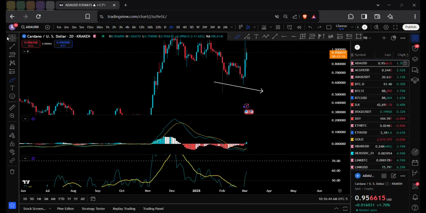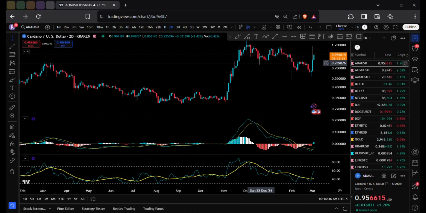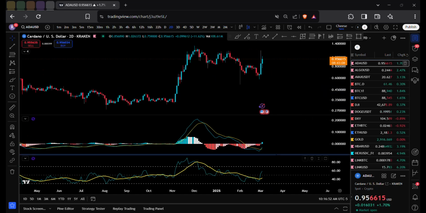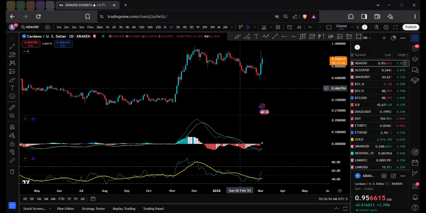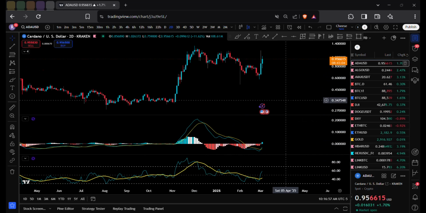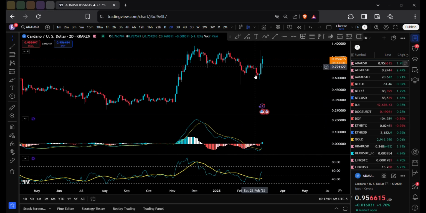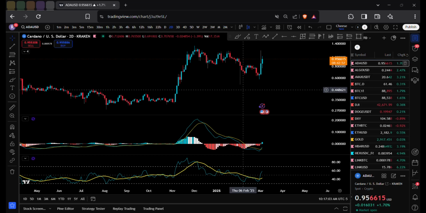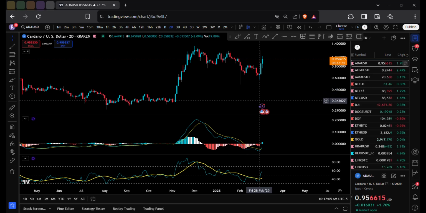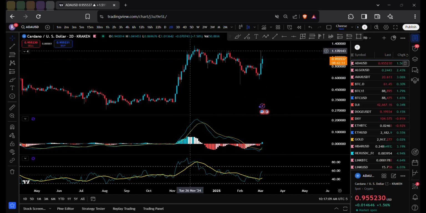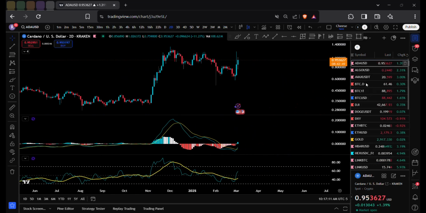All right, so this is why I was mentioning coming out with the Python script, because now I could put in certain calculations and confirmations like divergences, and if moving averages are doing certain things, if the RSI and MACD are doing certain things. Then I'll constantly have that on the TV and I'll check to see which ones, right? Because this was a beautiful play. This was a beautiful play to the upside that we missed.